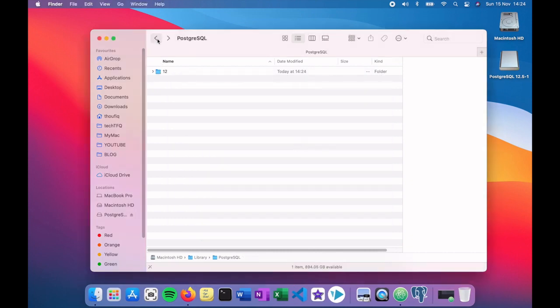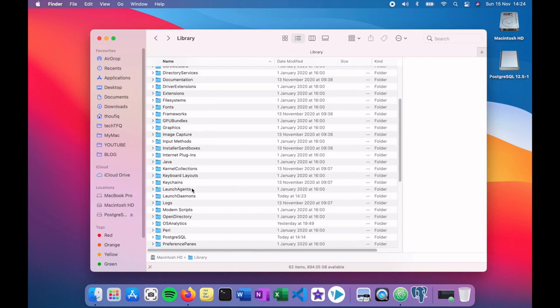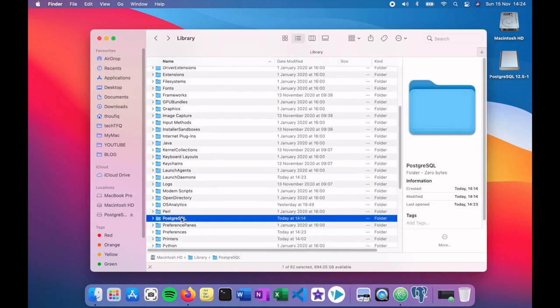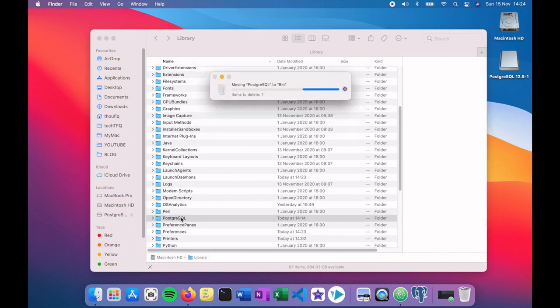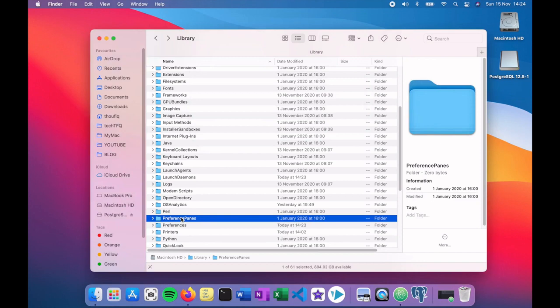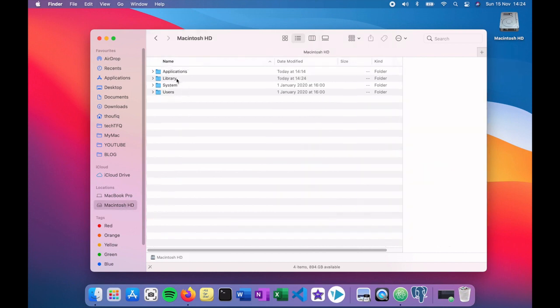So to do that, you go to this PostgreSQL folder and delete it manually. It will ask for your password. So after that, I have deleted this folder from here. What I also would like to do is check for any other place where PostgreSQL or pgadmin folders or files are created. So to do that, I will first go to